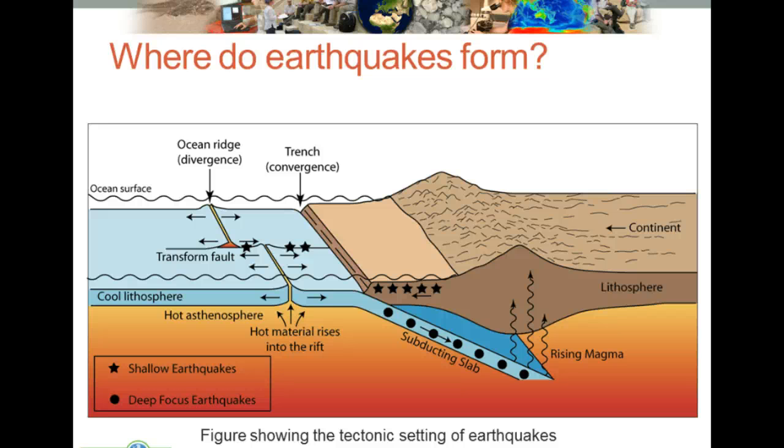Now recall from an earlier podcast that there are 3 types of plate boundaries: divergent, convergent, and transform. Movement and slipping along each of these types of boundaries can form an earthquake, and depending on the type of movement, the earthquakes can occur either in a shallow or a deep level in the crust. Get that in your notes. Now, the majority of tectonic earthquakes originate at depths of less than 100 kilometers. Also write that down.